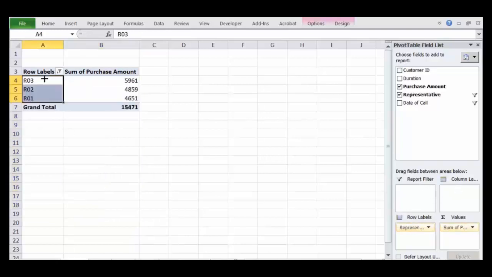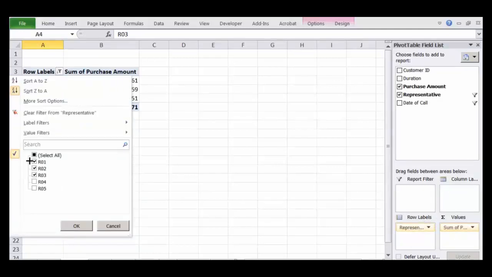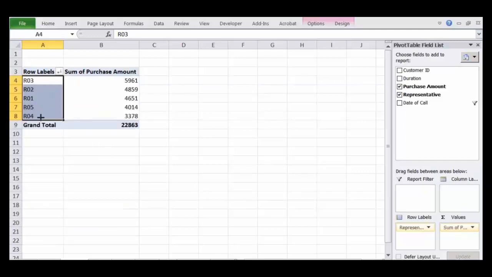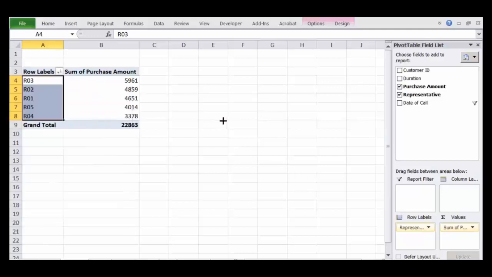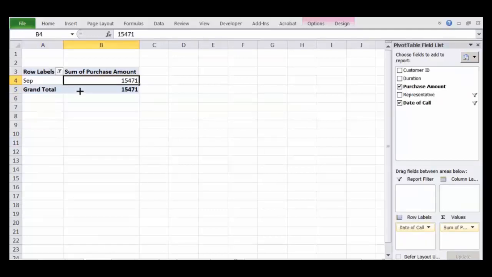In Sheet 2, if you see, the row labels are representatives versus the purchase amount, and here I have put the filter on the representative. If I clear the filter, all the representatives will come. I have sorted it on the basis of representative; otherwise there are only 3 representatives. Then here I have put the row as the date.